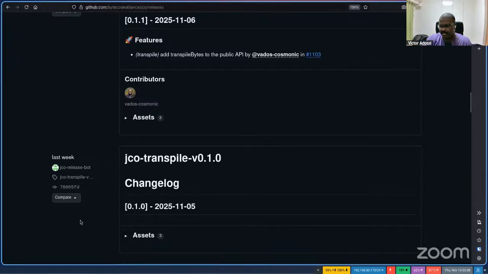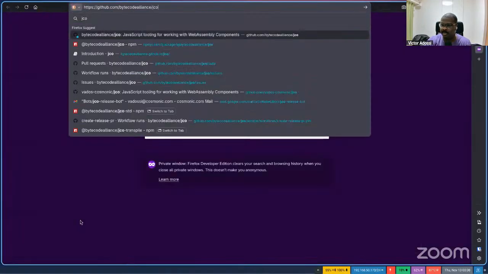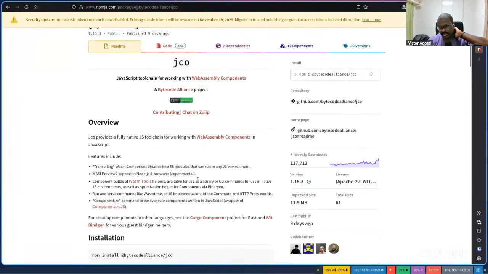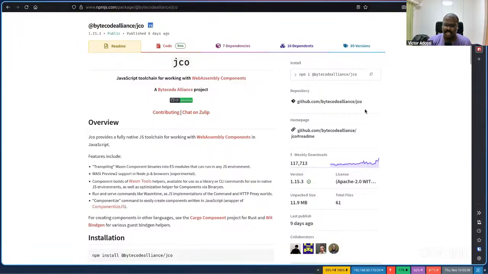And just for people who don't know, jco is tooling for the JavaScript side of the WebAssembly ecosystem. There are three projects that currently make WebAssembly components in JavaScript work. There is StarlingMonkey, which is an engine, a fork of SpiderMonkey that runs in Wasm. There is ComponentizeJS, which takes StarlingMonkey, which runs in WebAssembly, and runs your JavaScript in StarlingMonkey inside a component. And then there is jco, which wraps all that together.